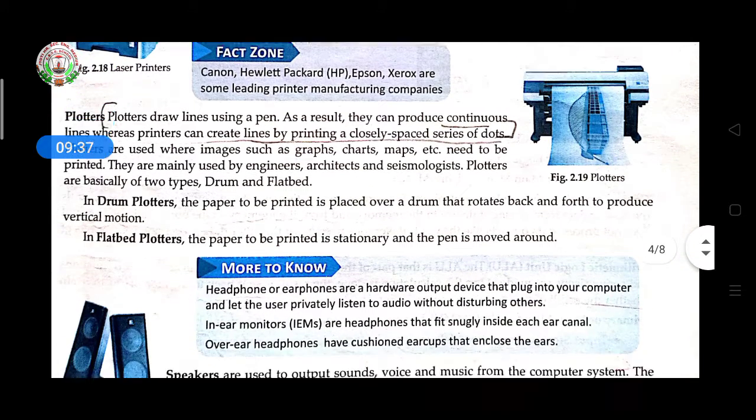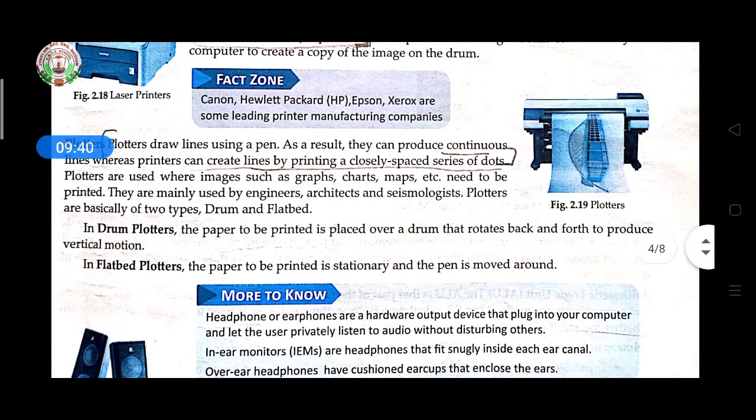Then come to the plotter. What is the use of a plotter? A plotter draws lines using a pen. As a result, they can produce continuous lines, whereas printers create lines by printing a closely spaced series of dots. With the help of these dots, printers are able to produce text, but plotters draw lines. Drawing lines means, if you are an architect making any diagrams of a building or an organization, it is easy to take the printout to make the diagram of that